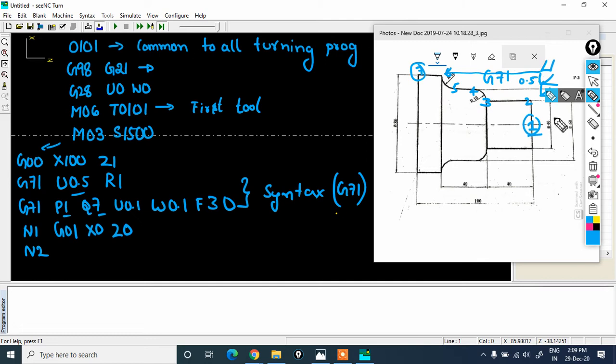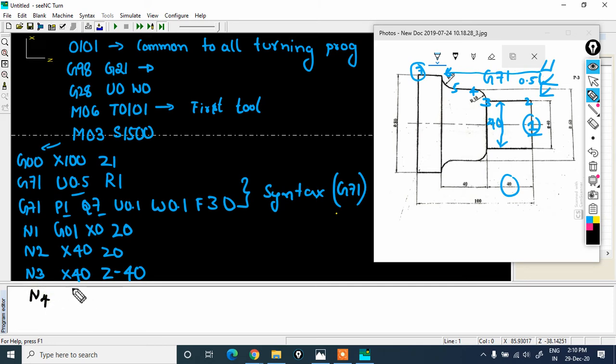So if you see here that this particular diameter is 40, so X will be 40 and Z, the second point Z, will be again 0, just above that. Let us follow N3, the third position. So X distance will be 40, the same diameter, no issues. And Z, if you see, this is 40, third position Z will be negative, that is minus 40. Okay, so followed with N4.